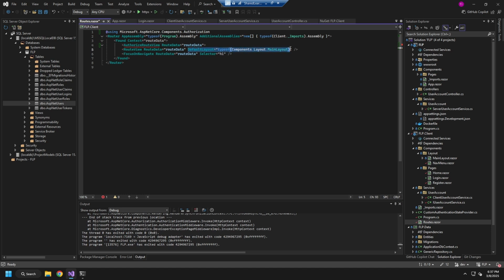I think we're going to actually replace this here. So we're going to take this and I believe remove route view there. Okay, and then we're going to close this tag up, authorize route view,